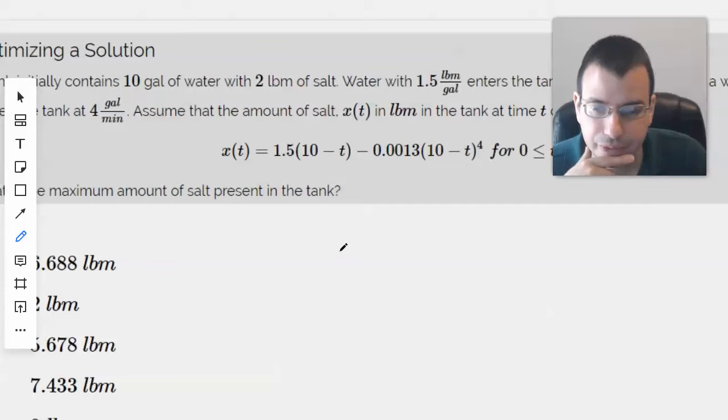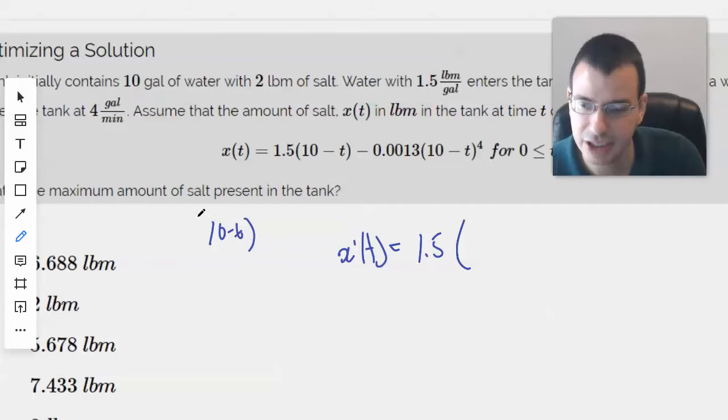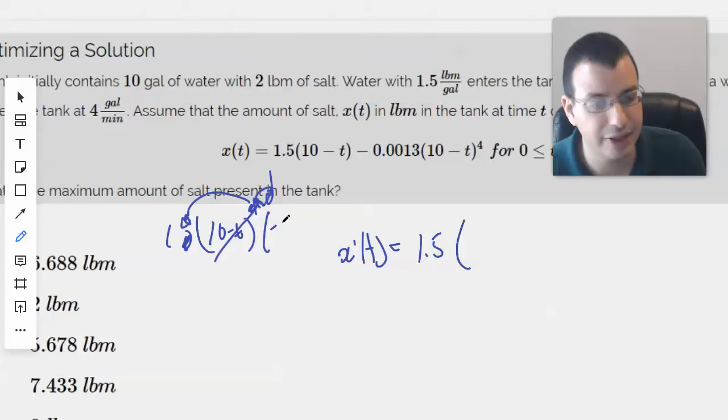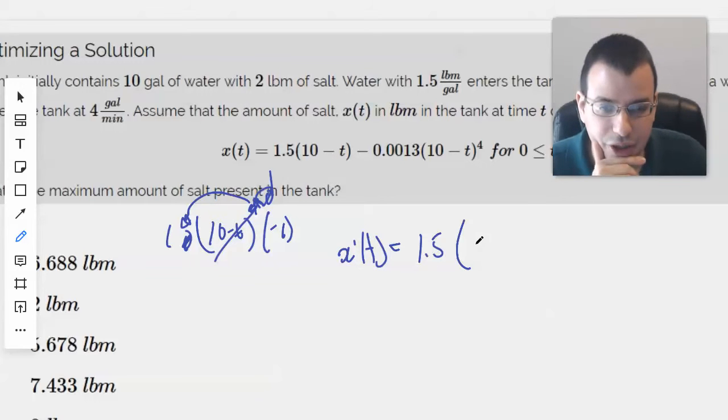Maximum or minimum. So x prime of t equals 1.5 times, you can view this as a chain rule, 10 minus t to the first. The 1 goes down, you get 0, and this becomes 1. You multiply by the derivative of the interior, which will be negative 1, because the derivative of negative t is negative 1. And so what we're left with here is negative 1.5 minus